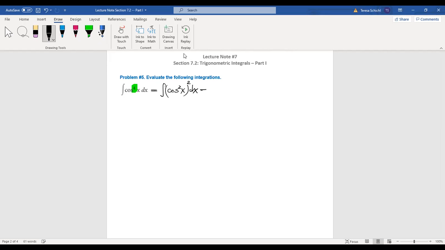Then I apply the half angle formula. So this will be 1/2 times 1 plus cosine 2x, the whole thing squared, dx. Now 1/2 squared is 1/4. Then I need to FOIL this, so this is 1 plus 2 cosine 2x,